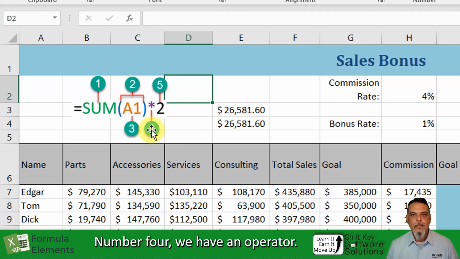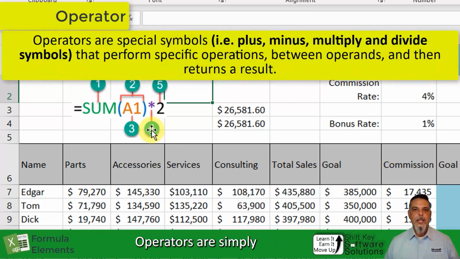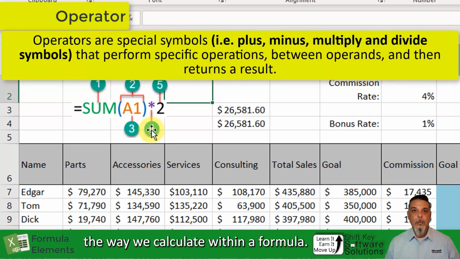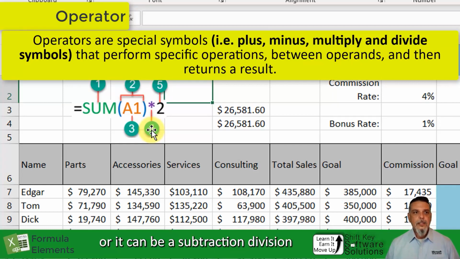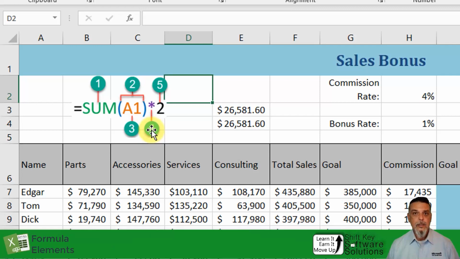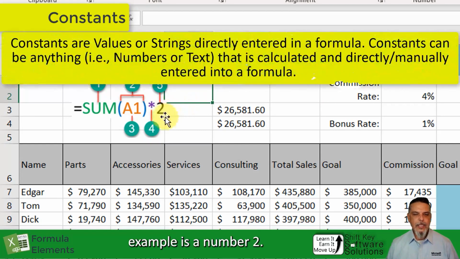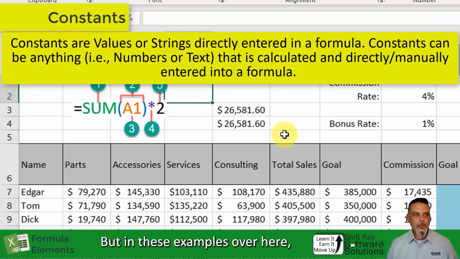Number 4, we have an operator. Operators are simply the way we calculate within a formula. It can be a multiplication sign like we have here, or it can be a subtraction, division, and so on. Lastly, we have a constant. Now, a constant in this example is a number 2. But in these examples over here, I'm going to just demonstrate real quick what we can use and